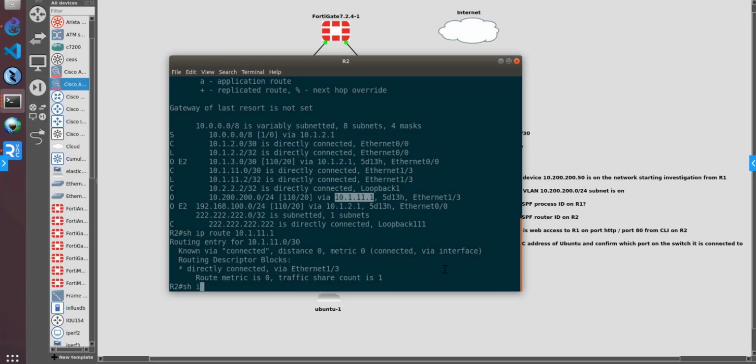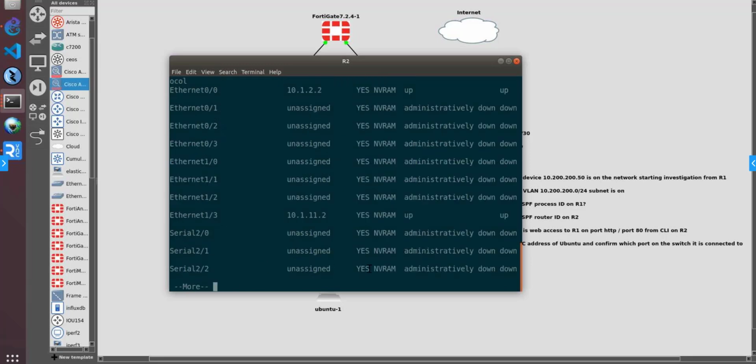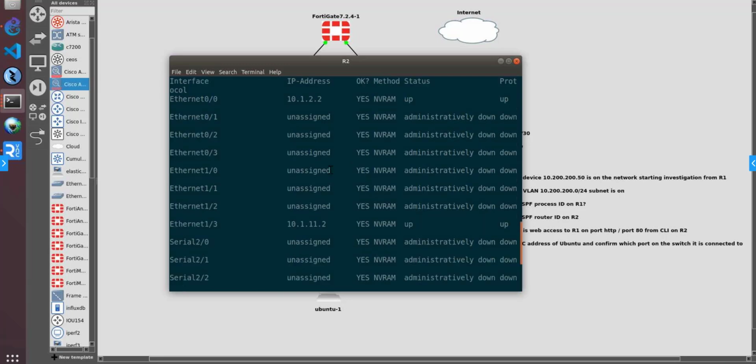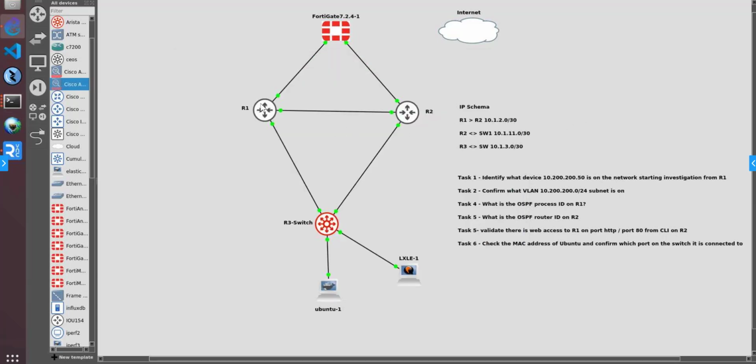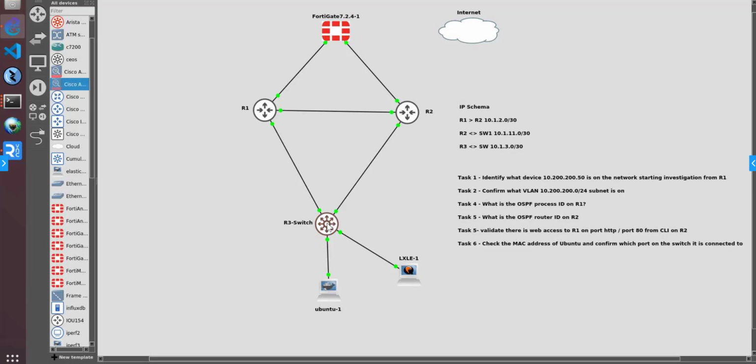Show run int Ethernet 1/3, and we can also see that 10.1.11.2 is this IP address, and just another validation, show IP interface brief. We've effectively got a few different IP addresses on this device, but for actual interfaces, you can see that we've got routable interfaces. We've got 10.1.2.2 and 10.1.11.2. We know that 10.1.2.2 goes back to router 1, which is .1. So by process of elimination, I'm going to guess that R3 switch is the next hop address towards